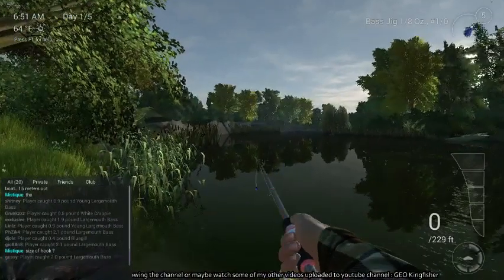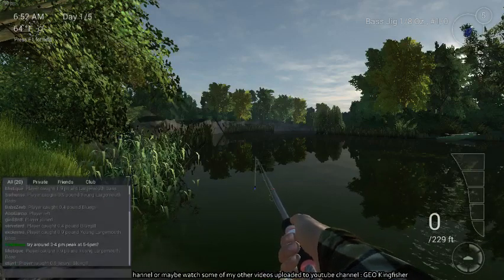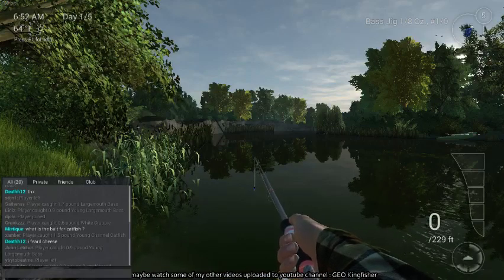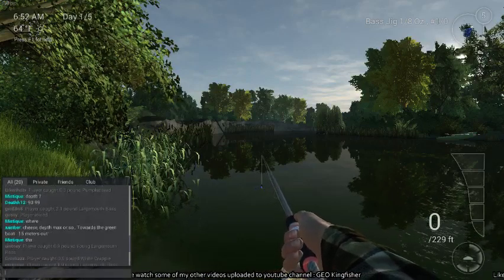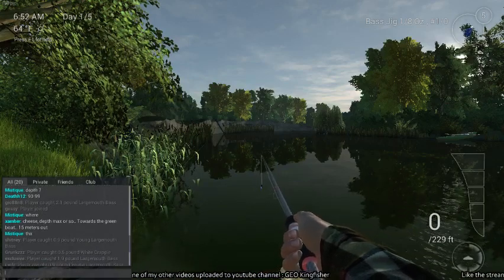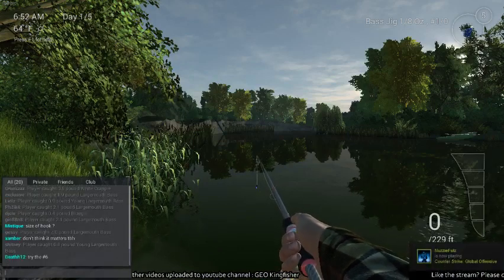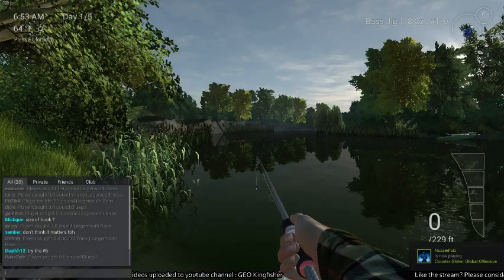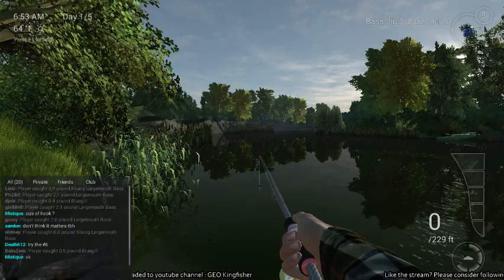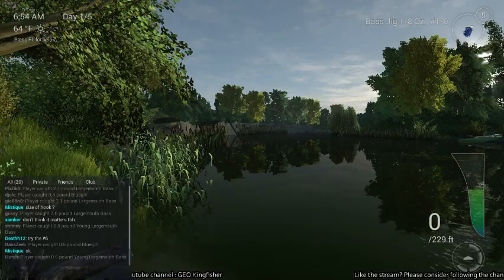So back to the fish there. Let's just take a check on the chat, see what's been going on there. Death says thanks, and says what bait for catfish. And then they said cheese depth max or so towards the green boat, about 15 meters out. Yeah, not where I go for catfish, but could be. Makes sense. Big fish do sort of lurk in the shadow. But each their own. I mean, this is where I fish for bass. Not many other people might not fish like this for bass, so